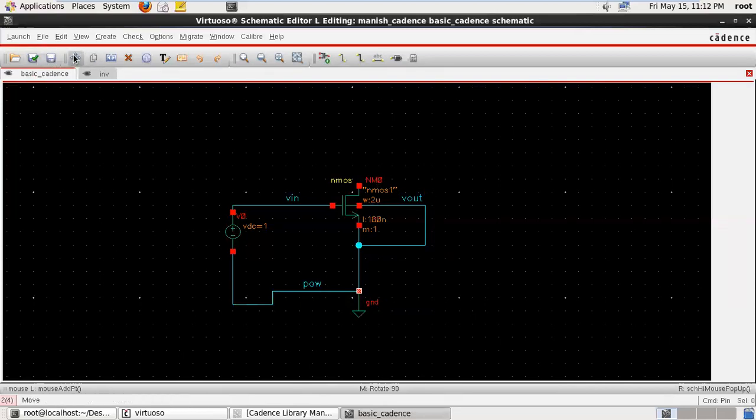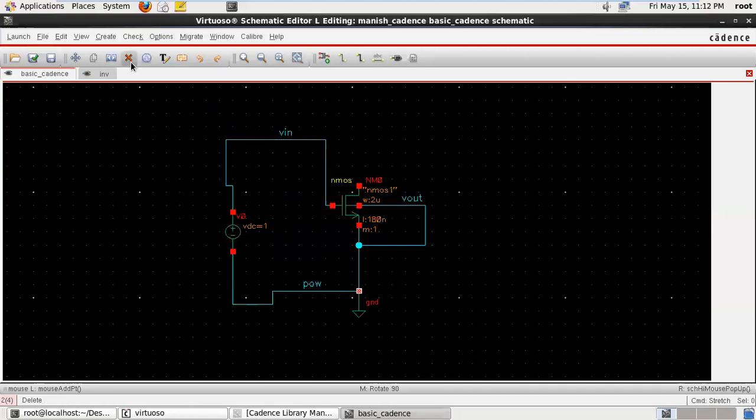Move. The move command is used to move a component from one place to another place. Copy is used to copy or generate a duplicate of the component. That is the stretching of my wire or the component.